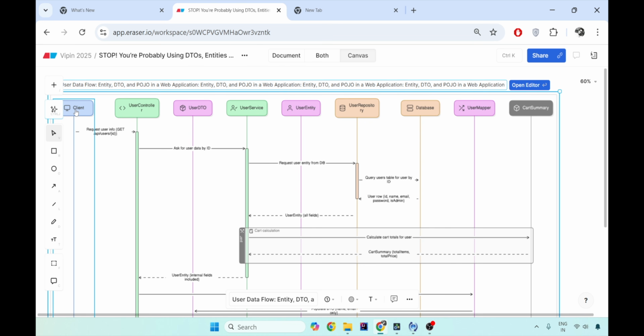Now, suppose we get a request from the client. The handler for the request is the user controller, because it is the one that handles all the requests and responses from the client. Then we have the service, which has the business logic. Then we have the repository, which is mapped directly to the physical database with some ORM tools like Hibernate or JPA. And then we get the response from the database. We give it to the service, we give it to the user controller, and from the controller, we give the response back to the client. So that was the basic MVC flow.